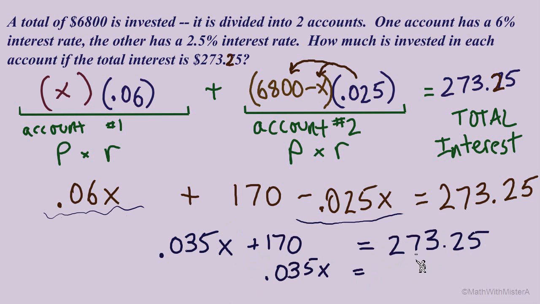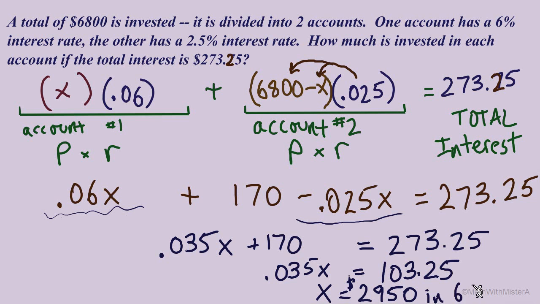On the right, taking away 170 leaves us with $103.25. And the last step to solve for x, divide by 0.035. And we get x equals $2,950. Now x was being used to represent the principal in account number 1. So now we know that the $2,950 represents the principal amount of money in the first account, which is the